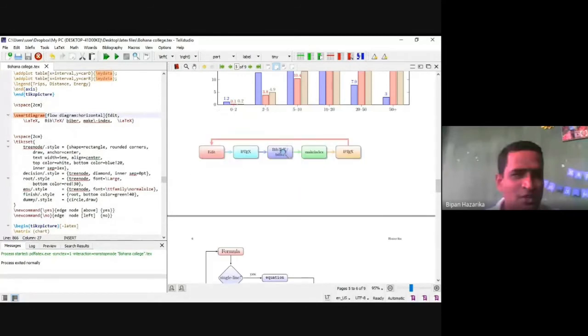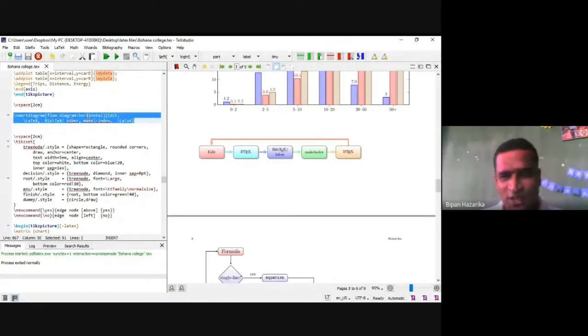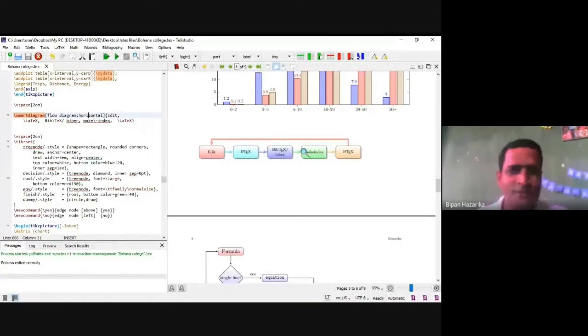To get this flow chart, we write this command: smart diagram, flow chart, flow diagram, horizontally we write. Since we draw horizontally, if in place of horizontal you write vertical, then this flow chart is shown vertically. Okay, so edit LaTeX, BibTeX, make text.